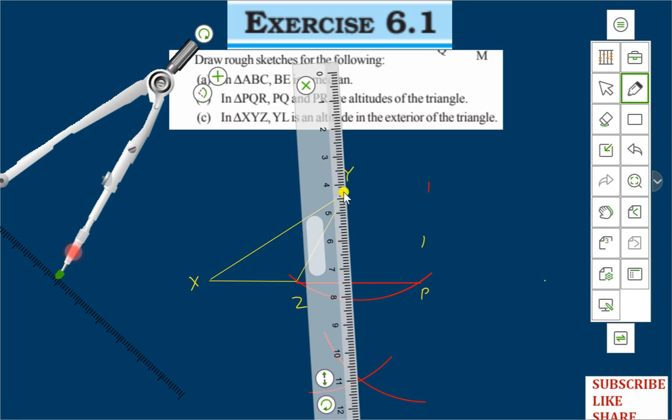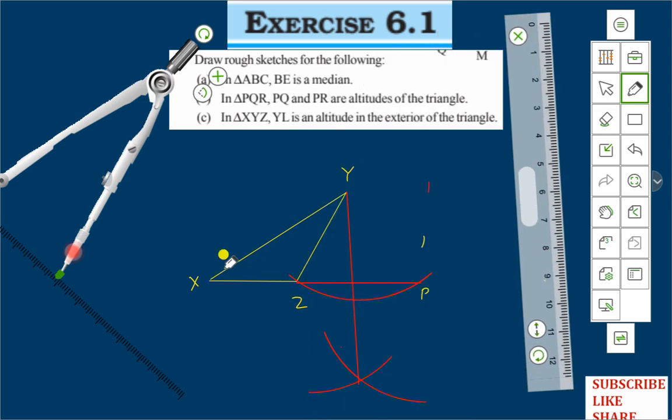Now if we draw a line here, then this line is perpendicular on this line, right? Let us draw. Let us take the point. The point here is YL. This point is L,